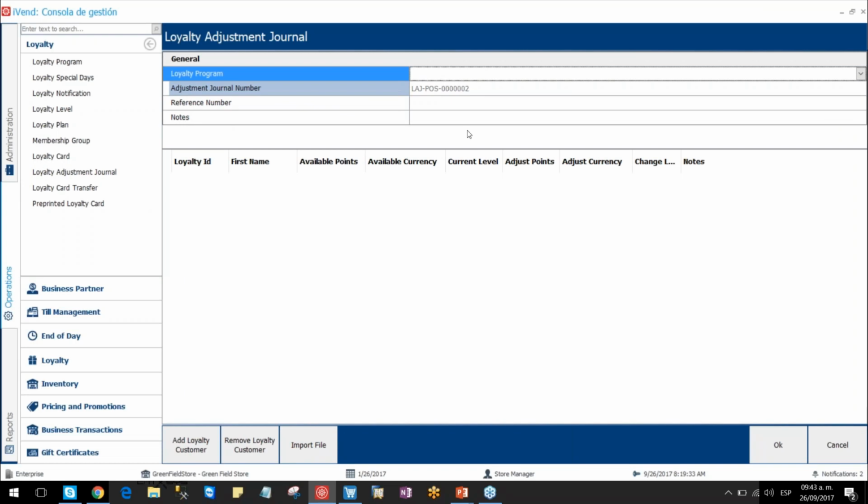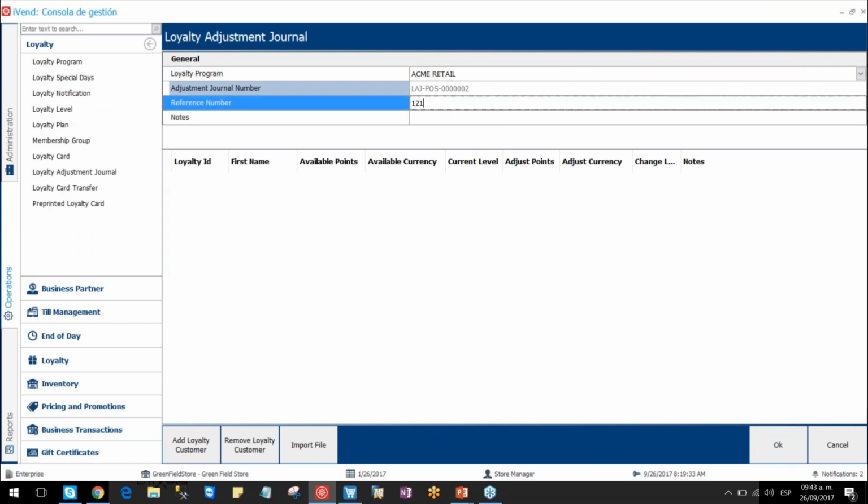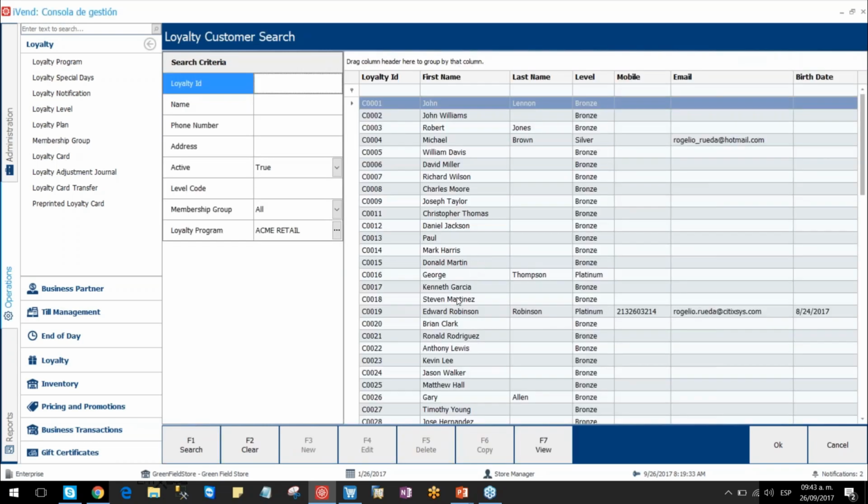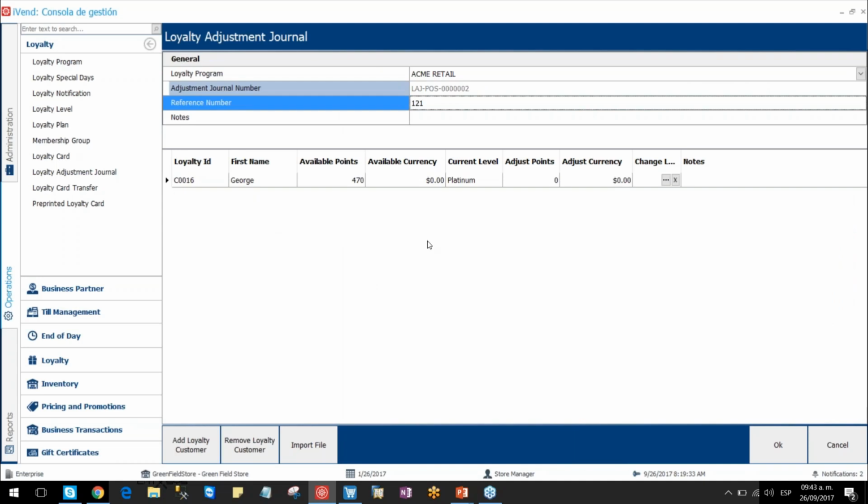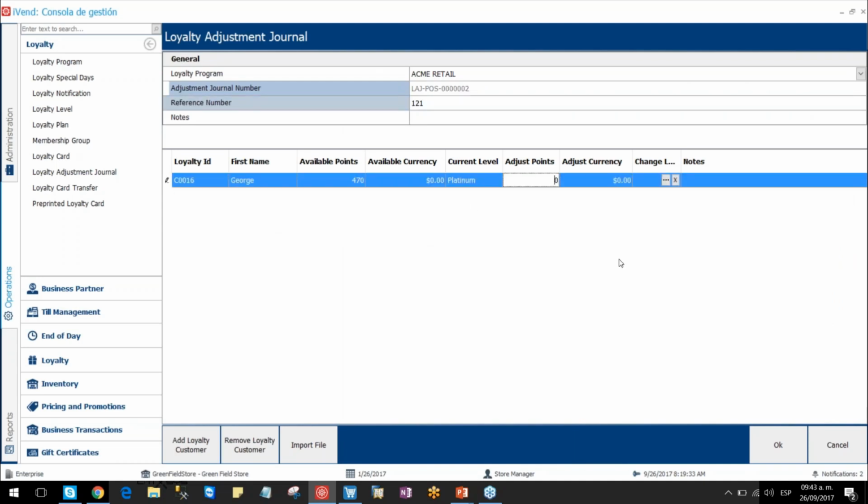So let's say we want to adjust my customer, let's say George Thompson, and I'm going to do an adjustment of 10 points because of some power failure at the store, and the system didn't catch the latest. So the customer comes back, complains, and I need to do this adjustment. So I am going to give George 10 points for that